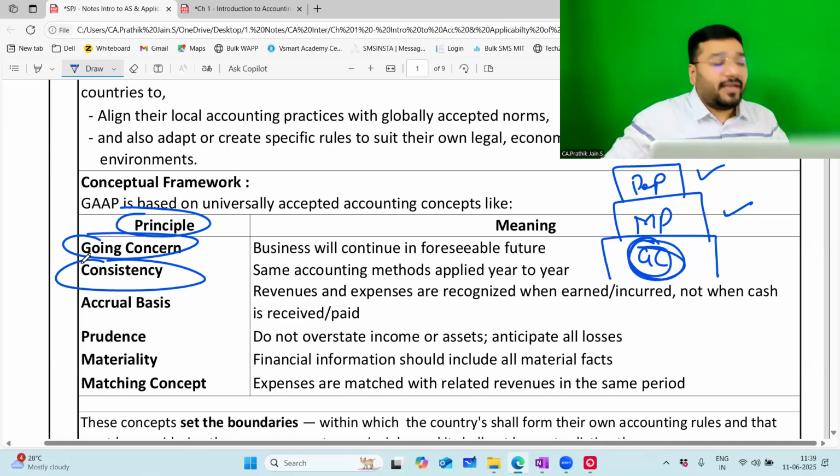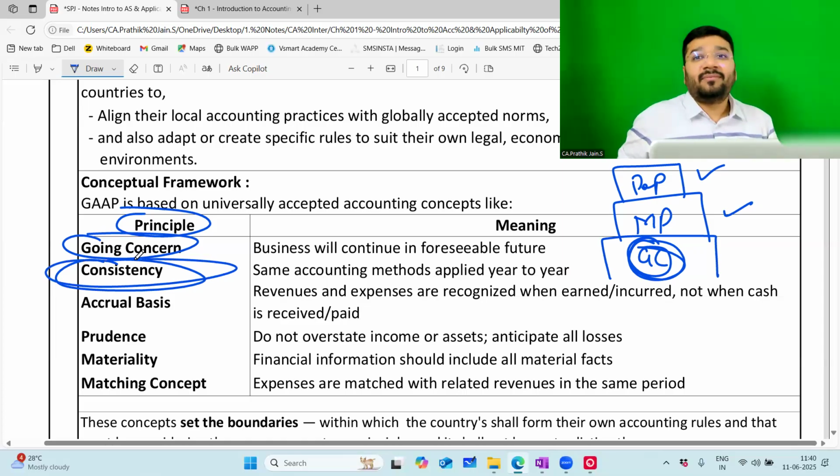Today I did accounting. Today I recorded turnover on accrual basis. Tomorrow my mood is no, I'll do it on cash basis. So one year accrual basis of recording revenue, another year cash basis. Does it make sense? What is accrual basis of accounting? Record income when it is earned. Receiving money is not the criteria. That is accrual basis of accounting. So in one year, you did accrual basis of accounting for the income. In the second year, you're saying no, I want to do cash basis. Then the turnover of the current year and the next year, can I compare it? Not possible.